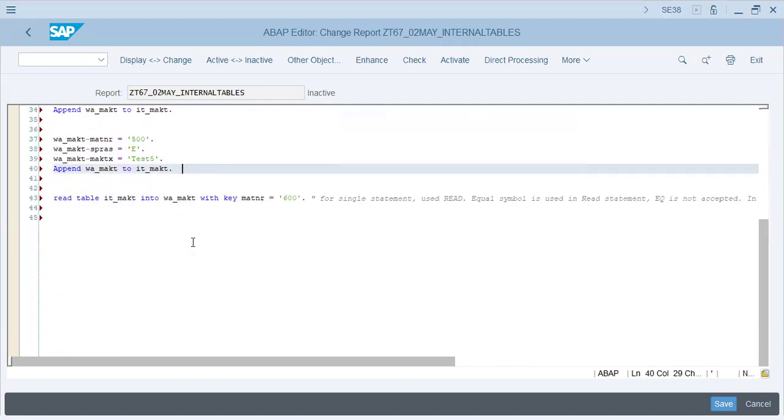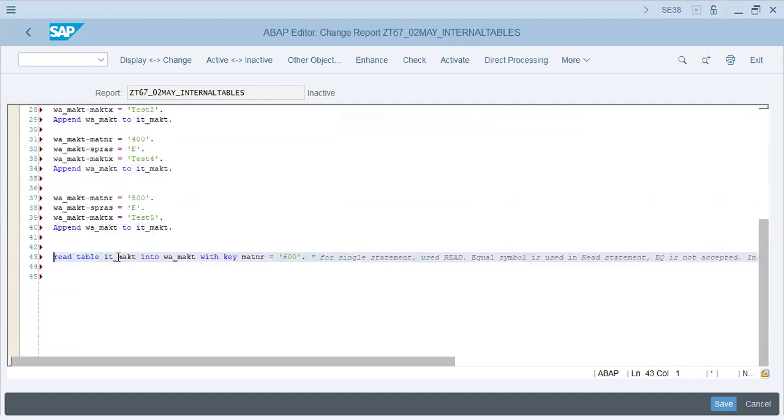And similarly over here. So read table IT_MAKT. So it can only read, not write. We can only write through work area, because work area is the operations guy. Read table IT_MAKT into WA_MAKT, which means read whatever is there, talk to this guy, and he will offload everything he knows into work area with key Matnr